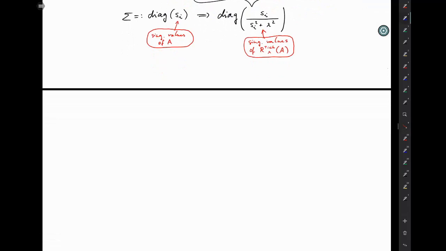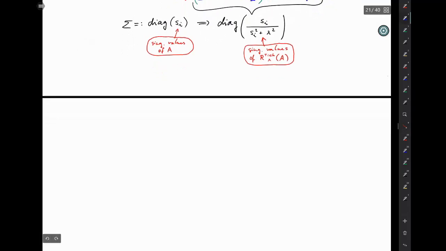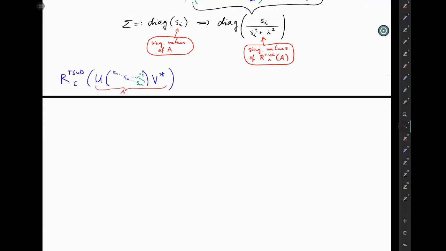Well, actually one more little step is required because we've been a little unfair. Let's look at the TSVD again. We defined the TSVD regularizer to a given parameter epsilon of your A to be the operator where you just copy everything except the singular values that are less than epsilon. They are replaced by zeros. And then that's your new and improved A with a smaller condition number, a smaller pseudo-inverse. Let's just abbreviate it by A epsilon.